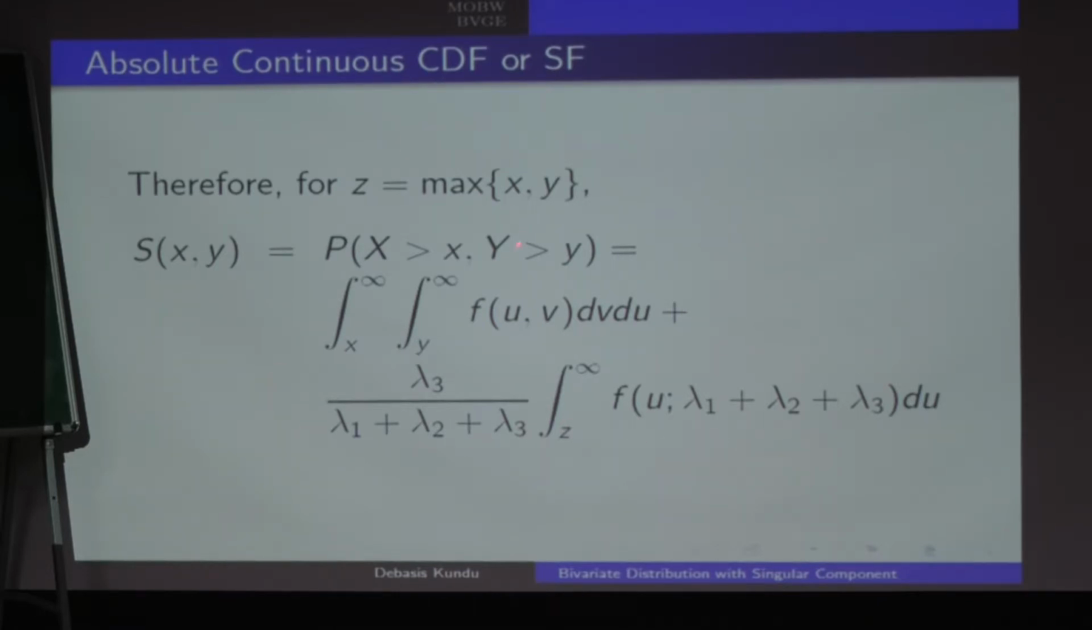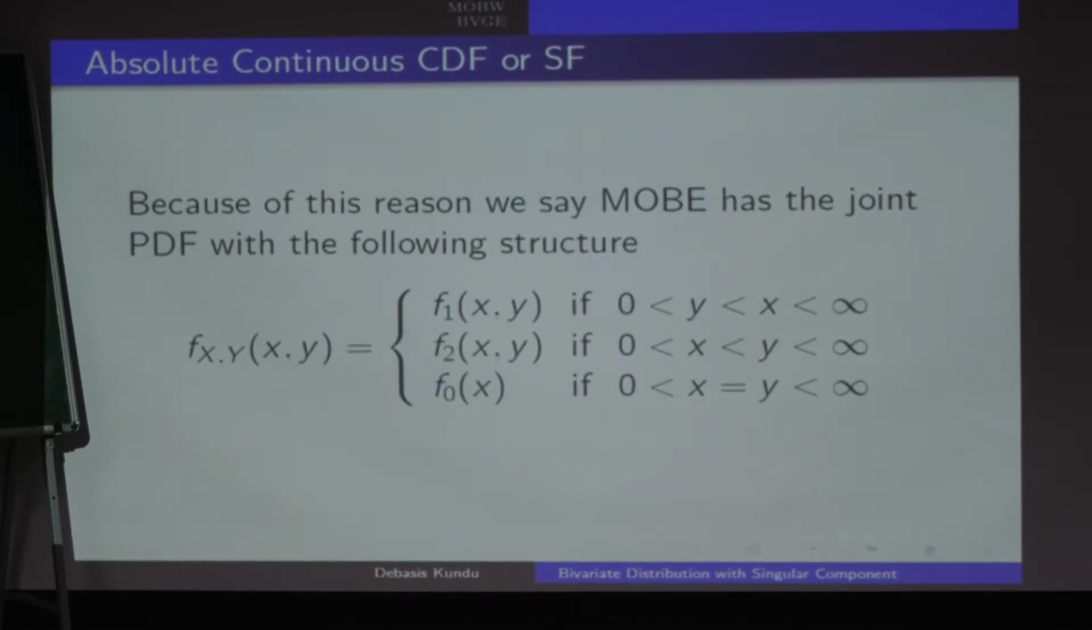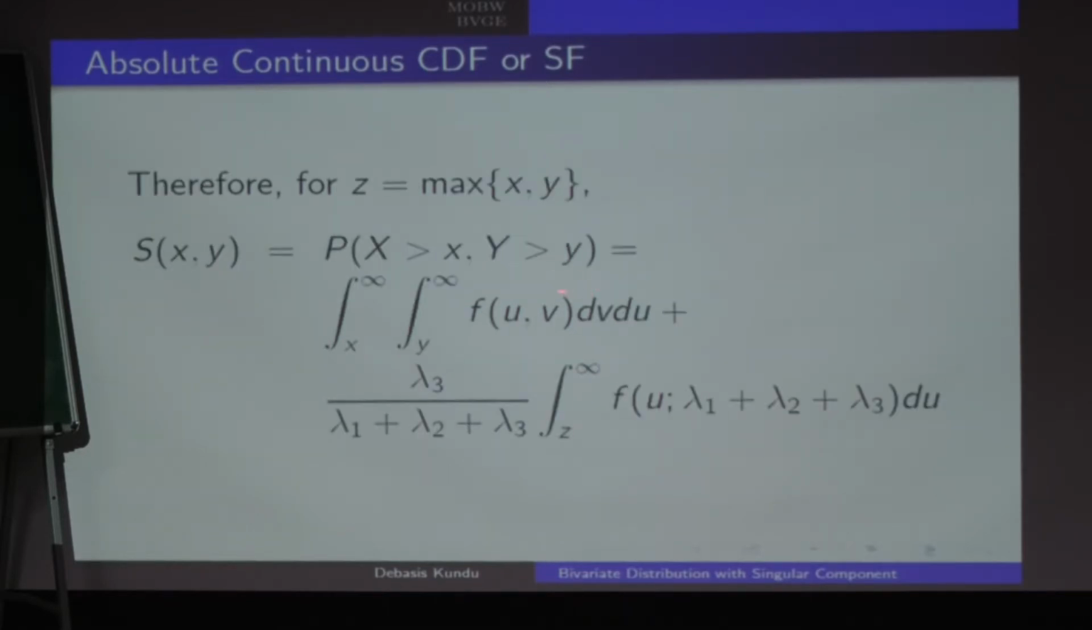So this is the one I am trying to use to give a new definition of the density function of this S of x, y, and that is precisely what it is. Now, the Marshall-Olkin bivariate exponential has the joint PDF with the following structure. That means for x less than y, it is of the same form, this f of u, v for x less than y, and on the path x is equal to y, it has this